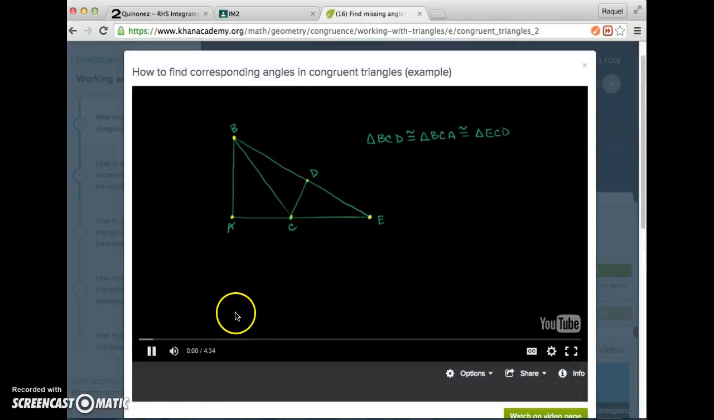So here's a video coming up. So we have this larger triangle here, and inside of that we have these other triangles. And we're given this information right over here. The triangle BCD